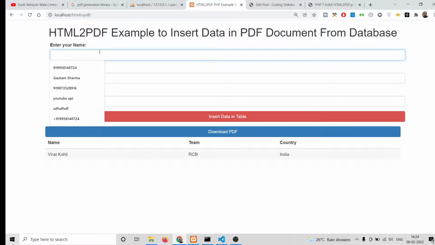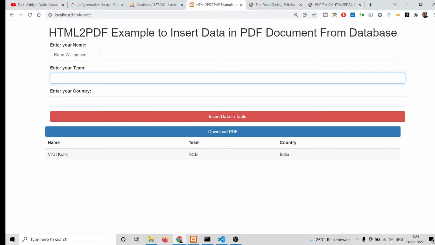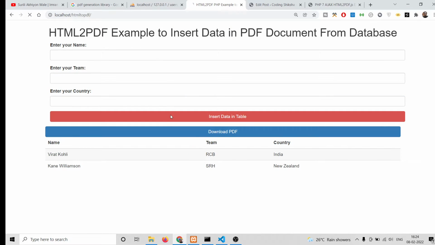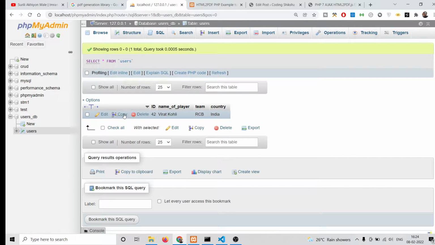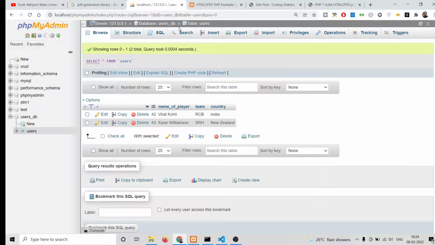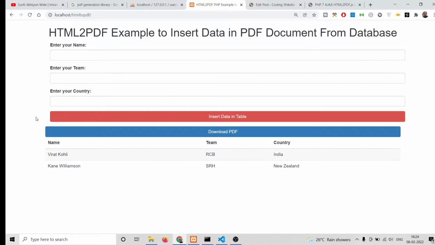So let me add one other player. SRH, and again let me click insert data, so you will see the data will be inserted. So now two records are there. Let me refresh it. Now you will see two records are there, and now if I want to create the PDF document, I will